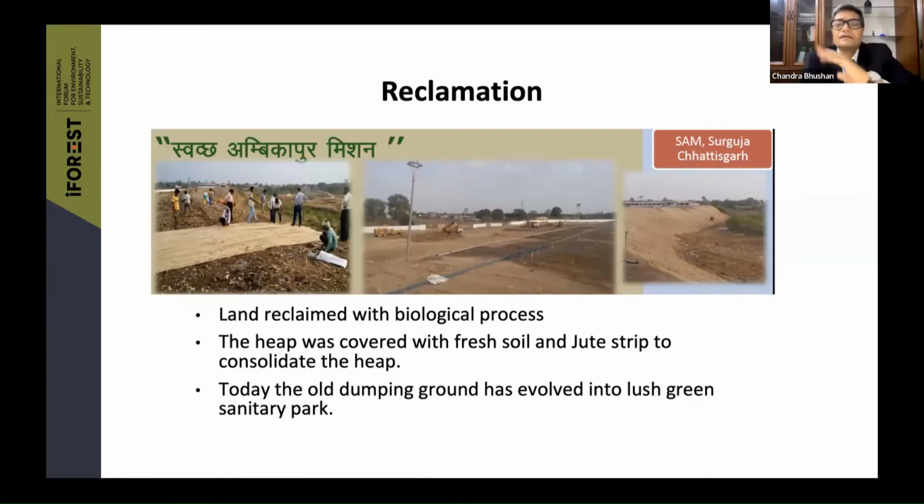This is what you all can do. This is not rocket science. So this is the Ambikapur model. A city of 2 lakh people, 19 wards, has shown how waste management should be done. There is no burning of garbage and therefore no pollution from waste management. This is the Ambikapur model of waste management, and every city can do it.